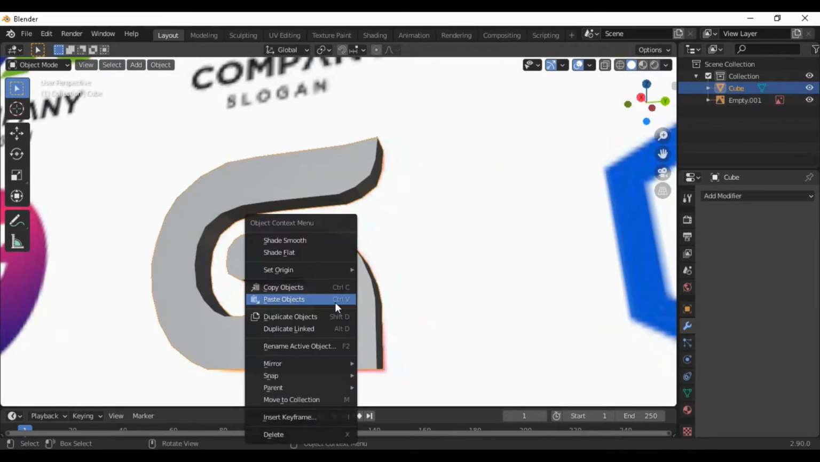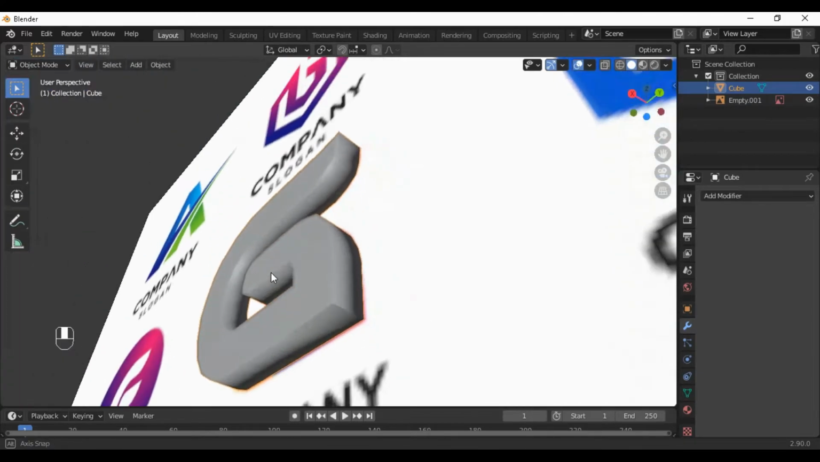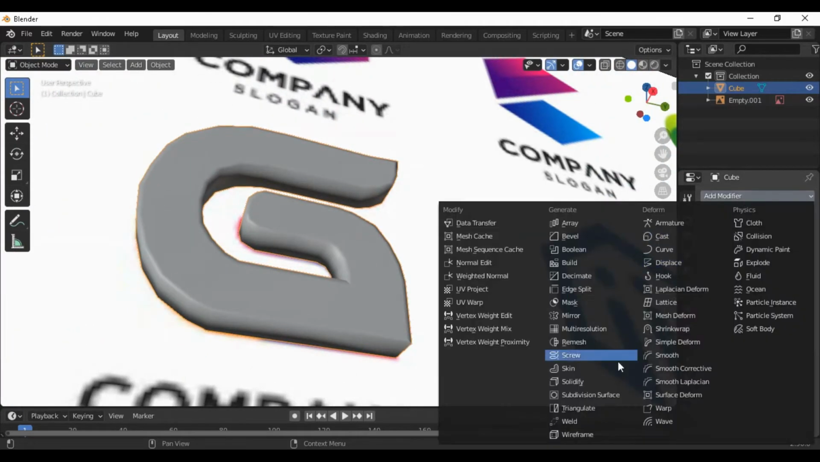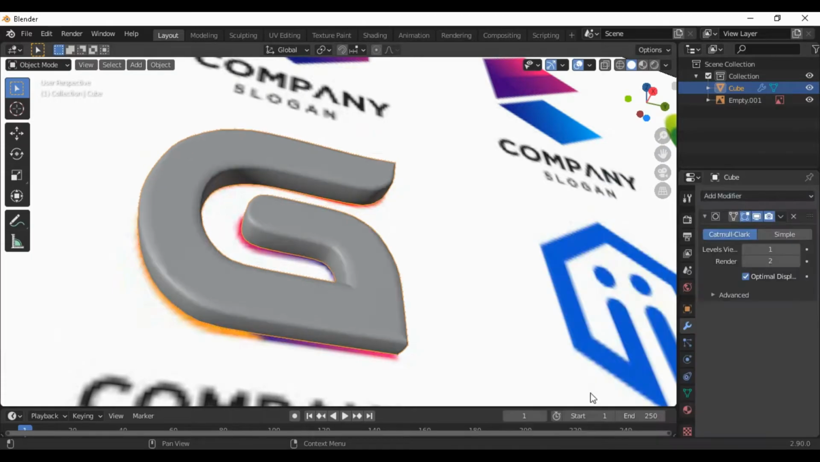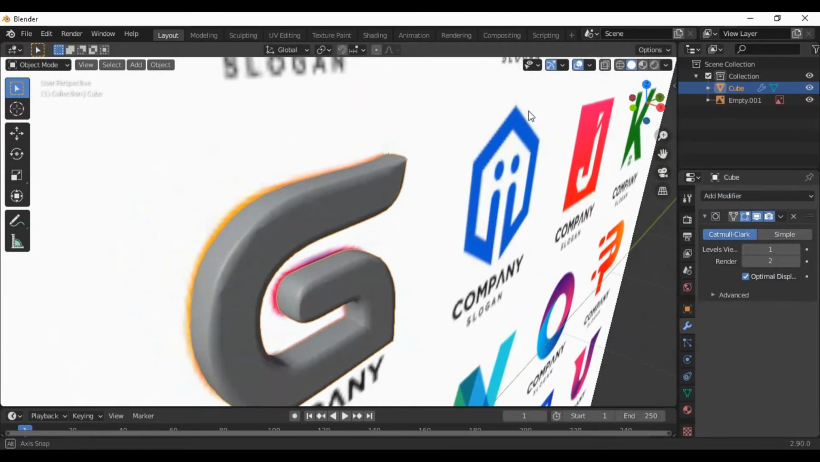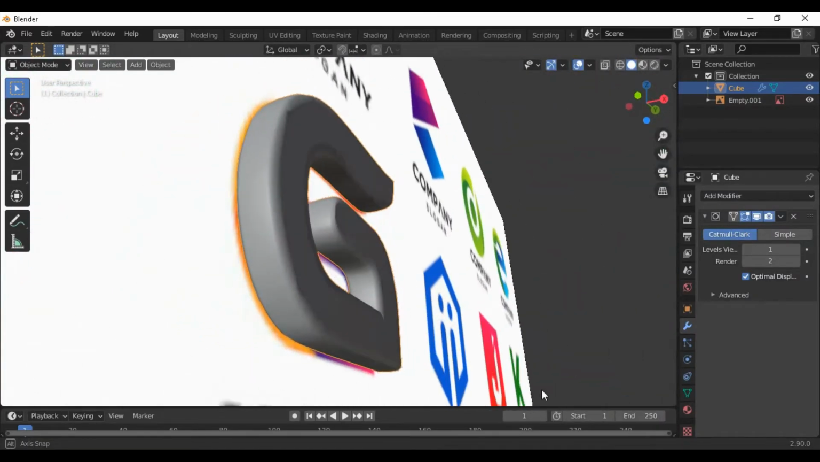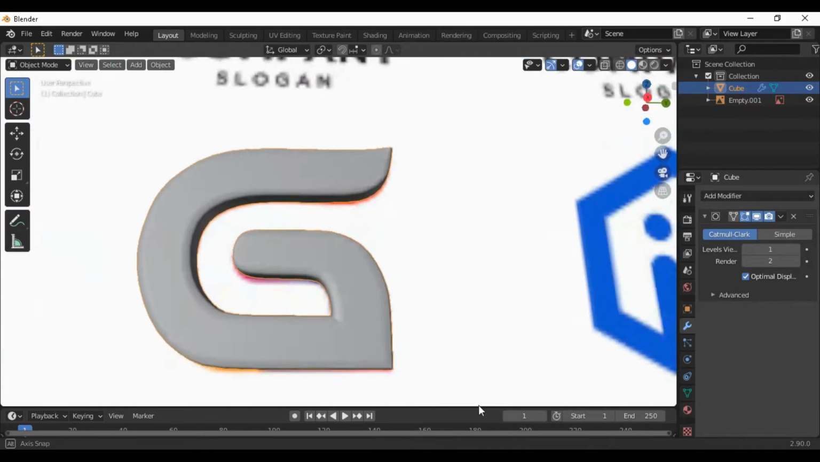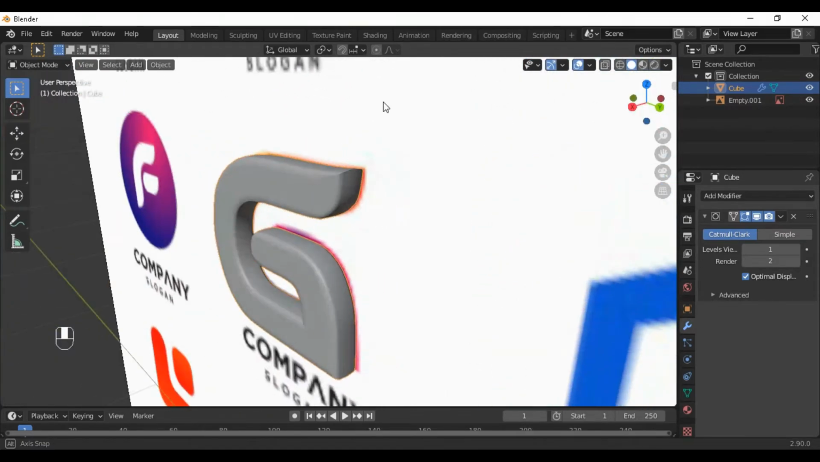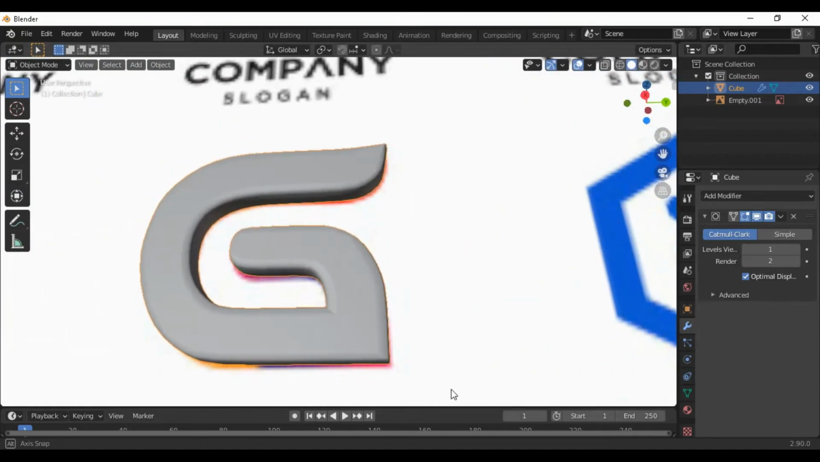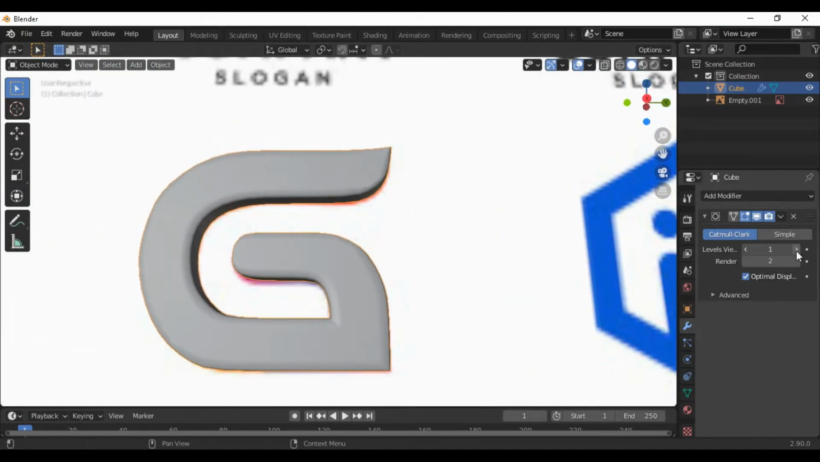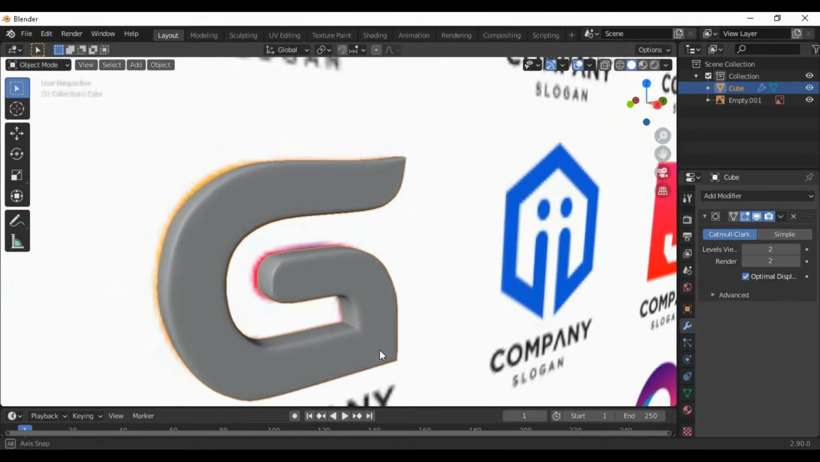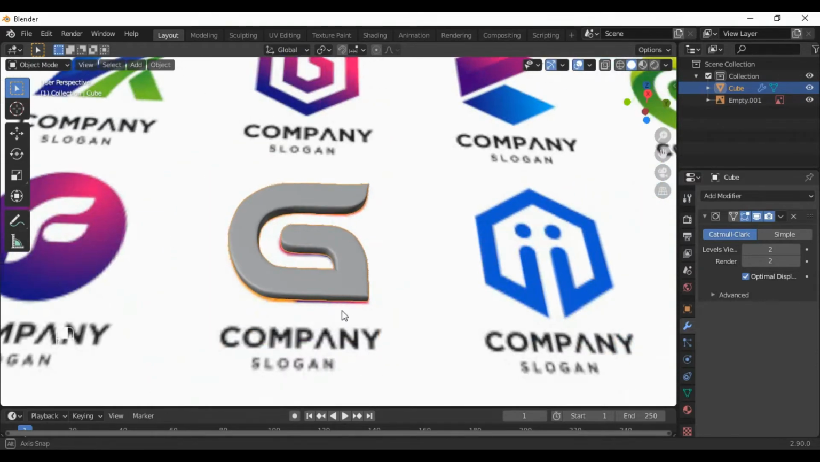Now we are going to apply a subdivide surface modifier. Yes, that's good, amazing. Now increase the view, 1, 2, 2 is okay. I think 2 is okay. Now we are going to apply some shading